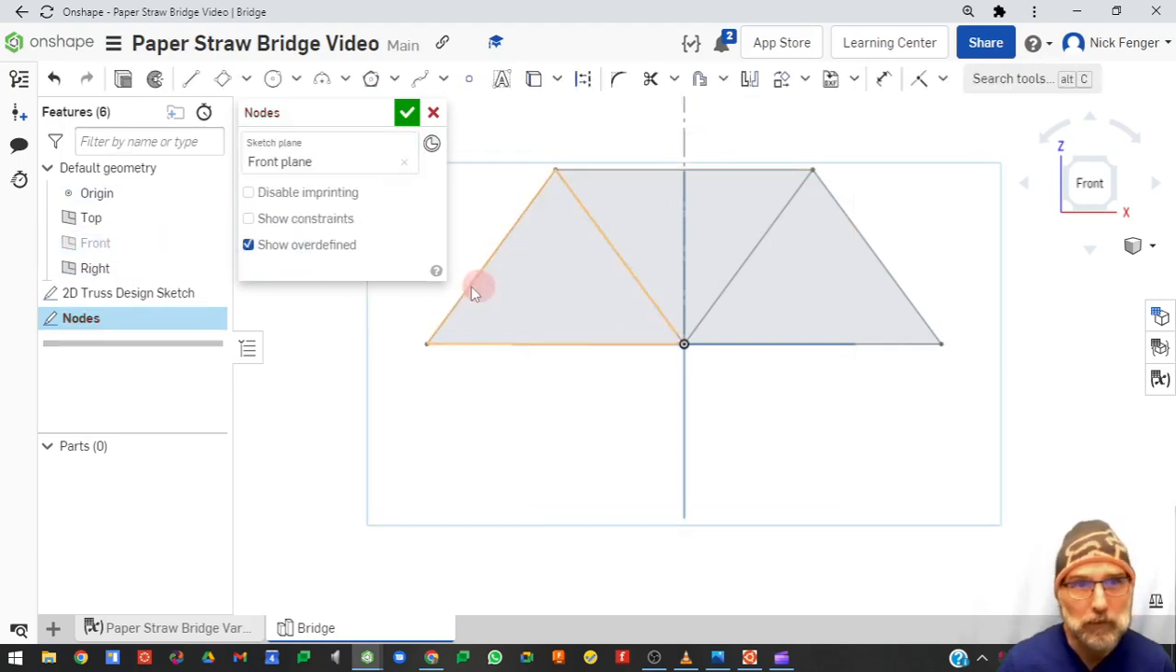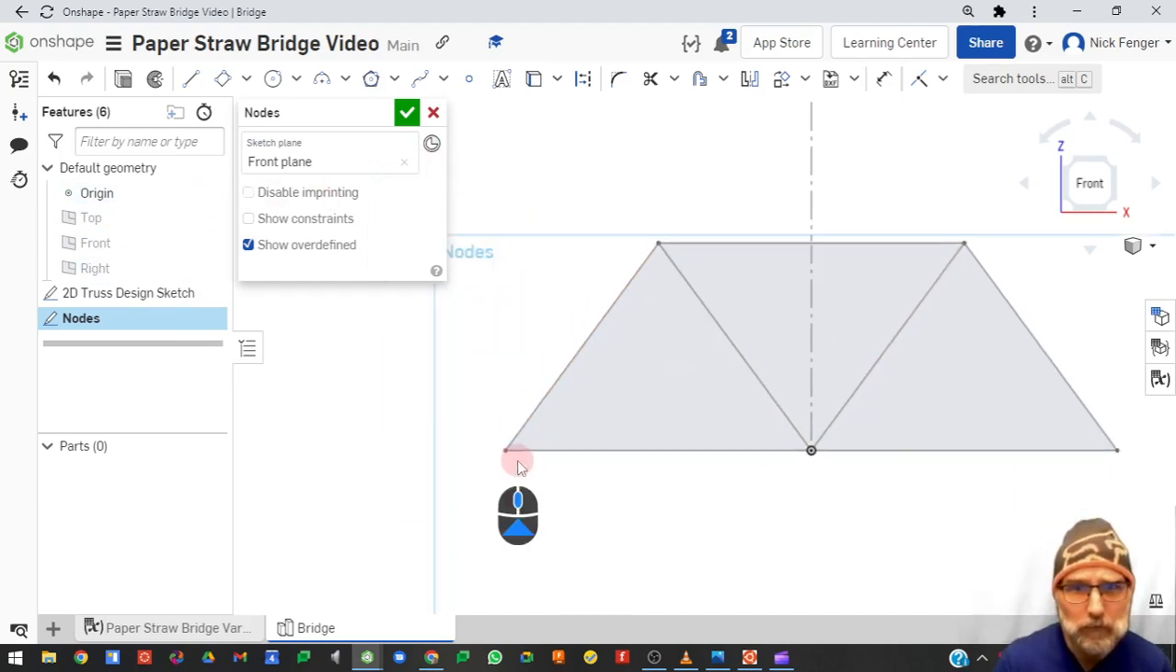Sketch plane front. Okay. I'm going to hide the origin down here. You can put the origin wherever you want, but that's going to leave it there for now. And I'm going to hide our planes here. Okay, so I'm going to start down here on the corner, start with a circle